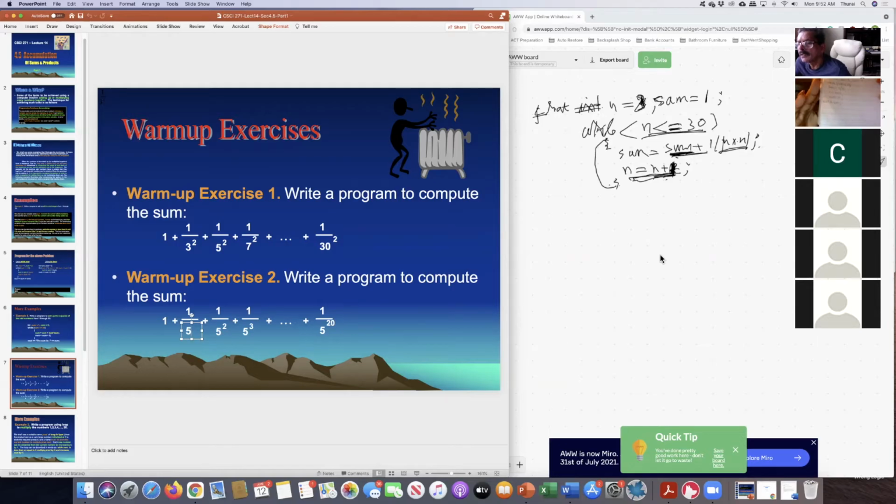Okay. Sum plus equal to 1 over n, n equal to n times 5, count plus, and while count. Yes, you got it. That's right. Yeah, Christine has the right program. Very good. All right, so